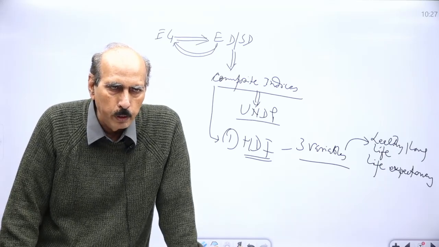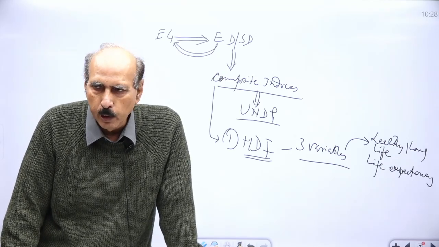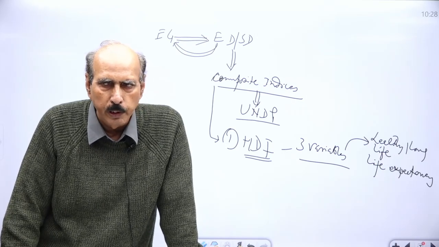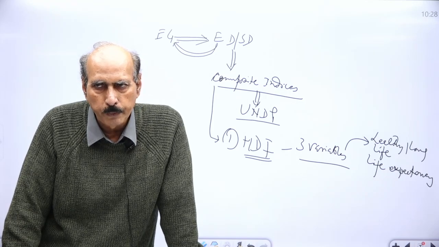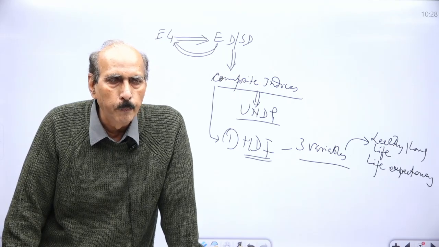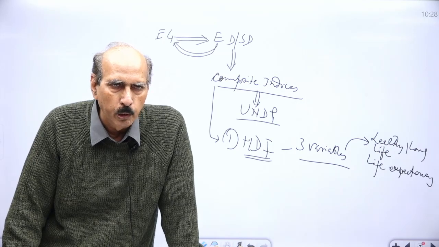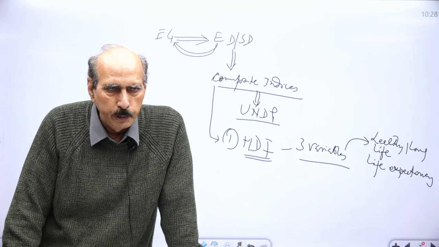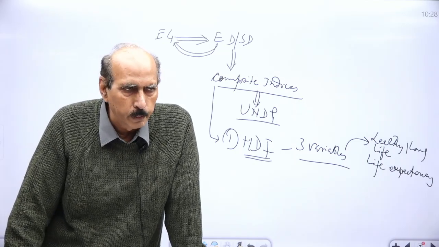If somebody is born in India, at the time of birth, if nothing untoward happens with him or her, he or she is expected to live up to 68 years. And this is called his life expectancy. The longer life expectancy depends upon access to health facilities. Larger the health facilities you have, larger the nutritional food you have, you can live longer. Better environment you live, you can live longer.